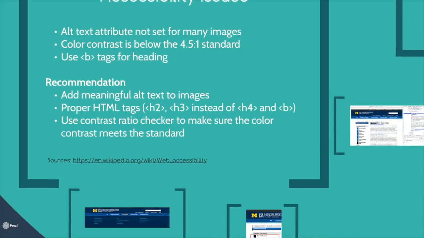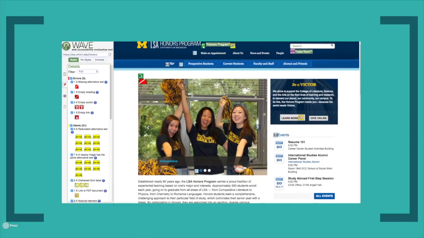In our heuristic evaluation, we found that most images on the current student section of the website do not have alternative text, or alt text, associated with them. Alt text is what allows people who are blind or who have a visual impairment to understand the content of an image on a website through the use of a screen reader, which will read out loud the alt text